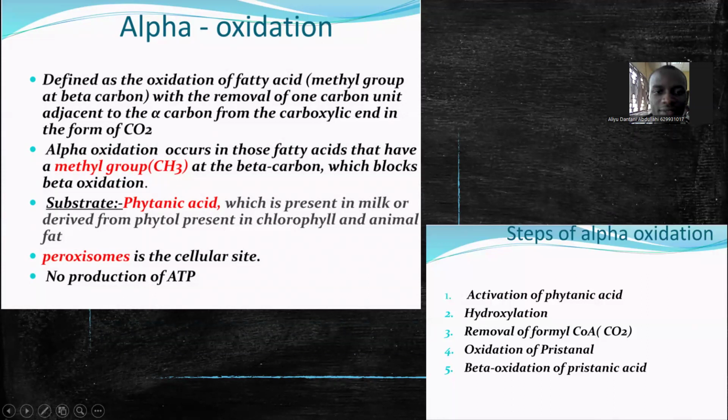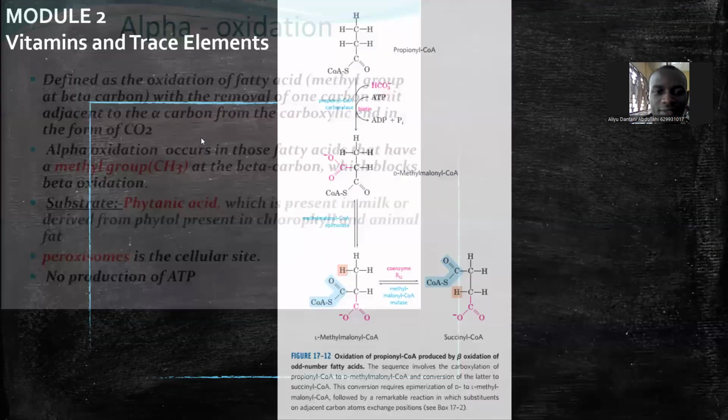So alpha oxidation is defined as the oxidation of fatty acid that has a methyl group at the beta carbon. Usually, your fatty acid